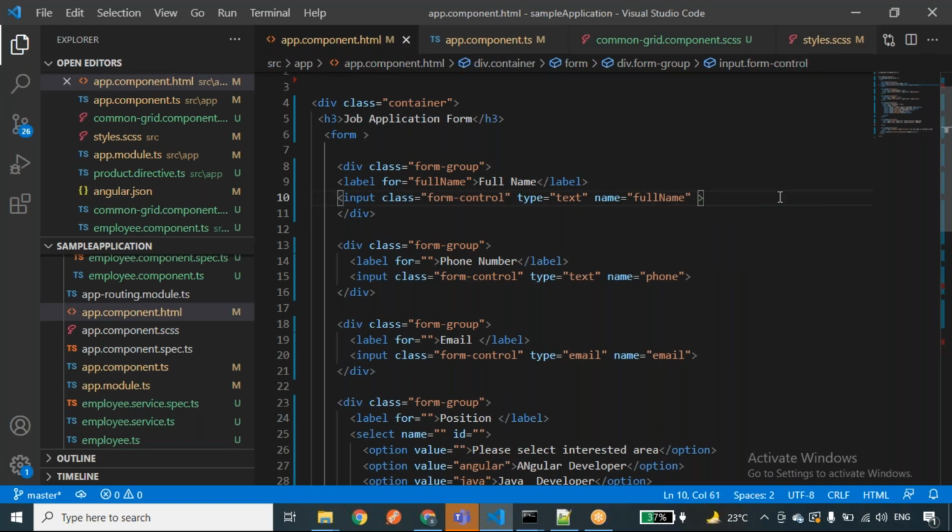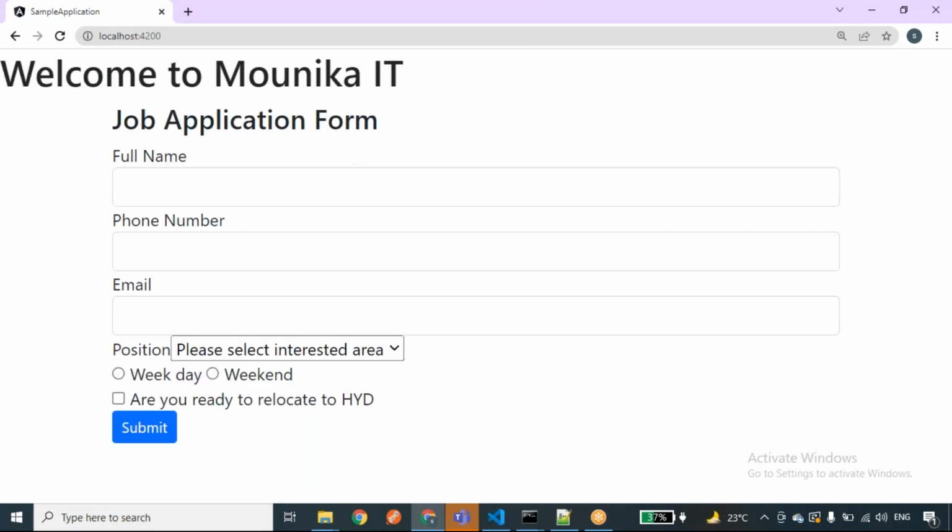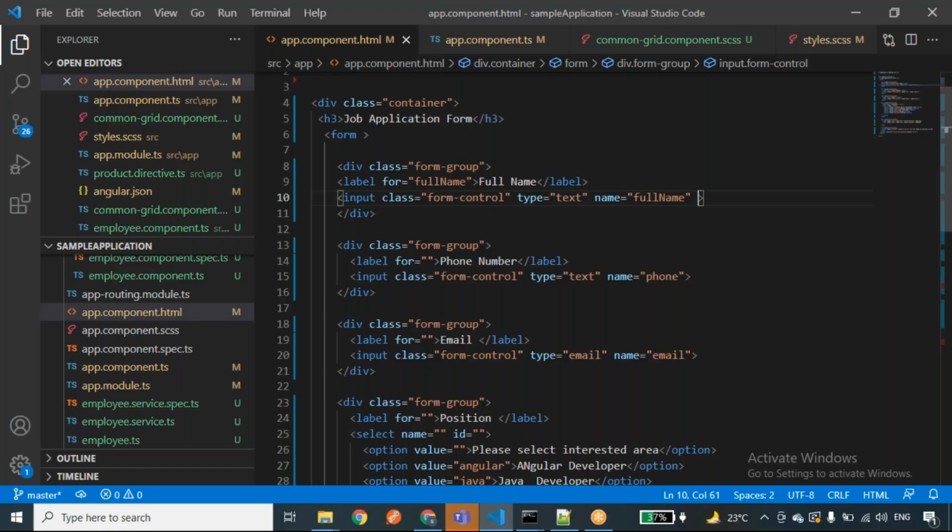Okay, now we'll see data binding. Once you click on the submit button, we need to capture all these details, right? So I'll create one employee kind of object, where I'll be capturing all these details.